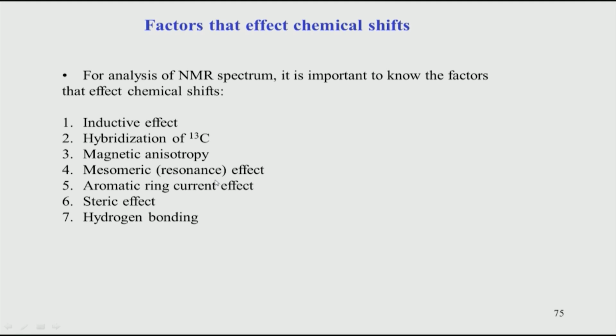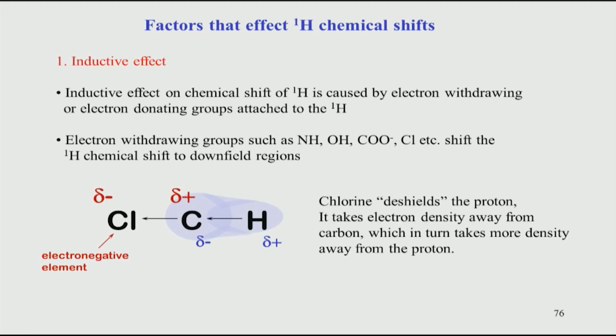How does that influence the chemical shift value? So, what is an inductive effect? Inductive effect is a very simple concept. The idea is that suppose you have an electronegative atom such as chlorine, oxygen, nitrogen. These electronegative atoms draw the electron cloud towards themselves when they are attached to a more electropositive atom. For example, here you see a carbon is more electropositive compared to chlorine which is electronegative, and therefore the electron cloud density around this carbon is less dense because it has been attracted